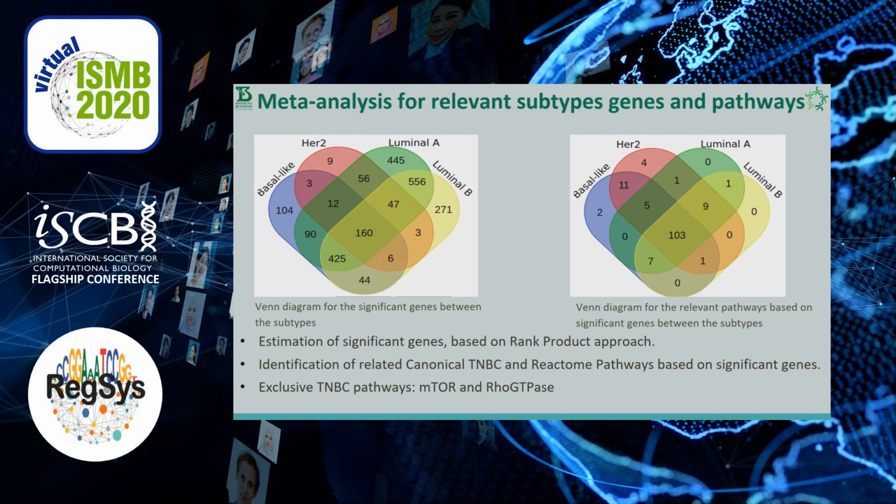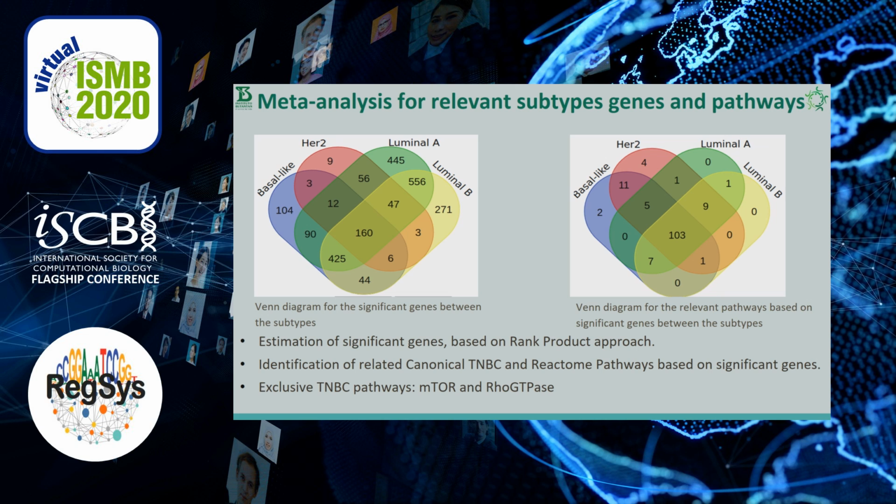On the right side, their respective canonical TNBC pathways, we can see the exclusive ones and common ones, where we can see that most pathways are contained in basal-like TNBC. That shows that our canonical pathways for TNBC are